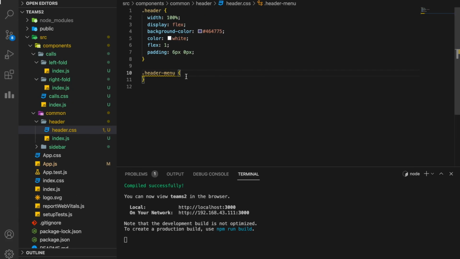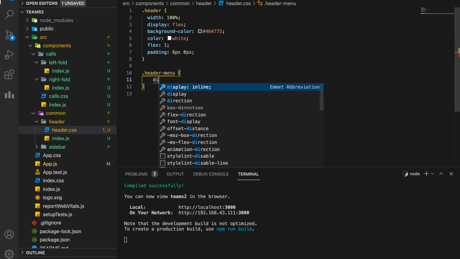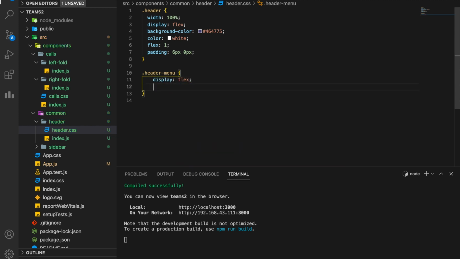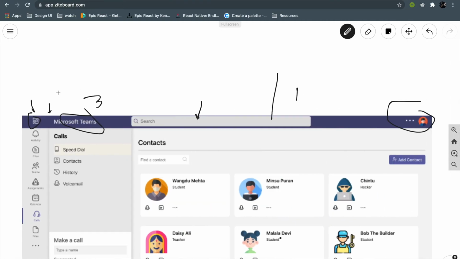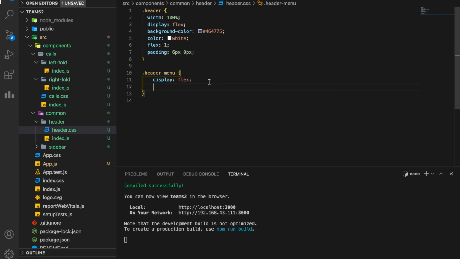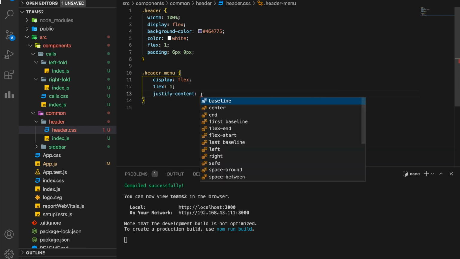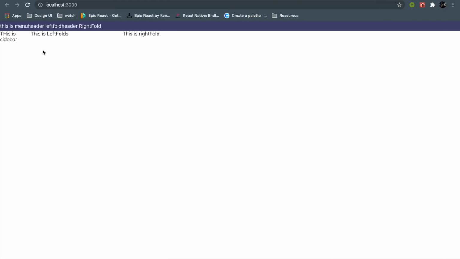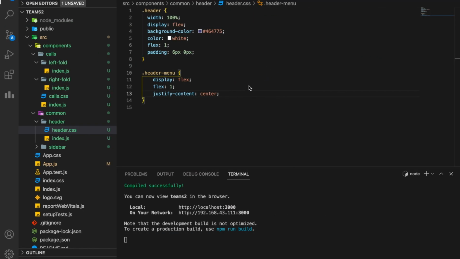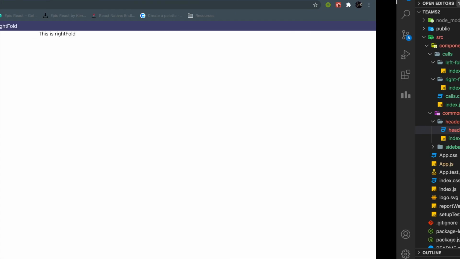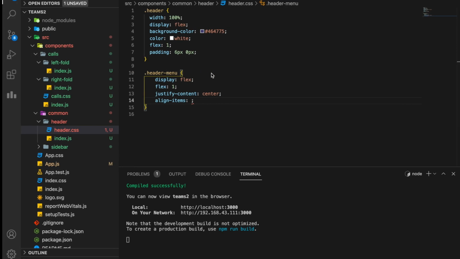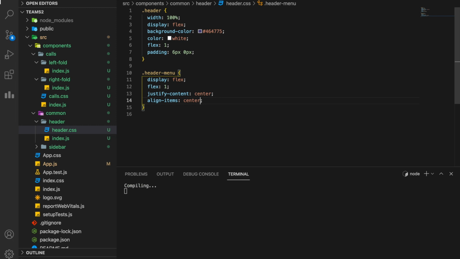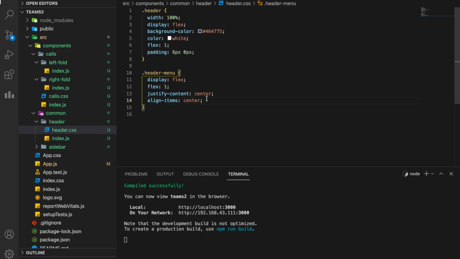So let's start with the menu. The very first thing I do is to give it a display property of flex. Now we have to follow this ratio. If you remember, 1:3:11. So we will call it flex 1, justify content center. Now when you give a property of flex, the principal axis, which is a row by default, this will justify everything to the center and align the secondary axis, which is vertical right now. It will align everything center as well. There are many things you can do with flex. These are just basics of that.